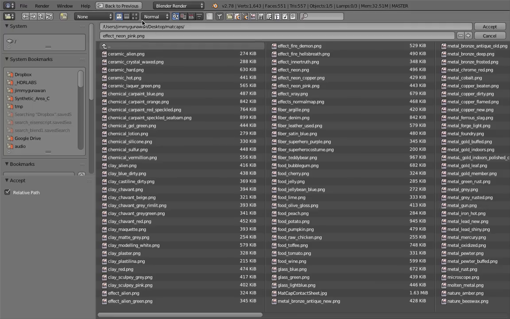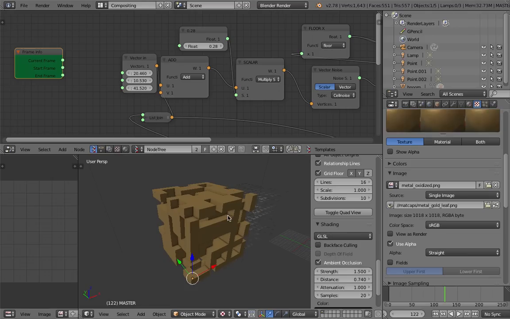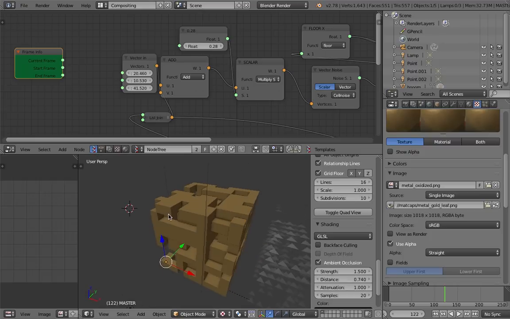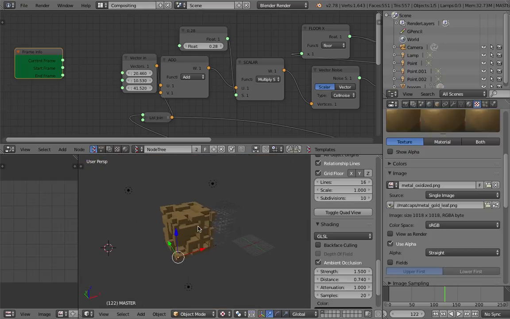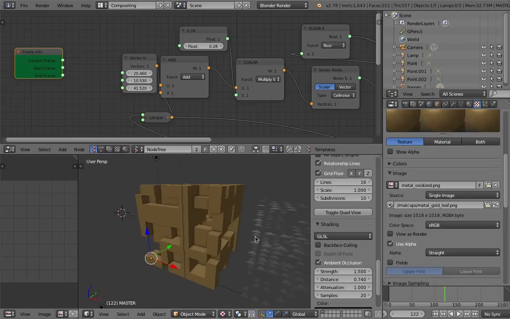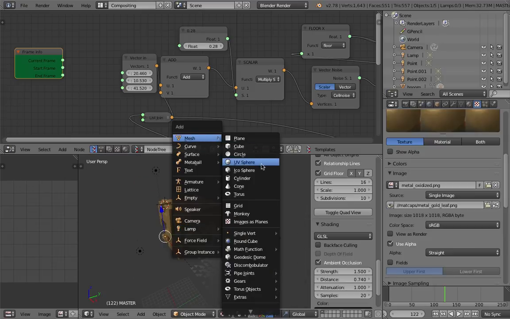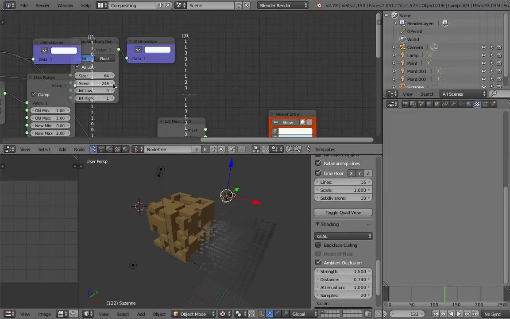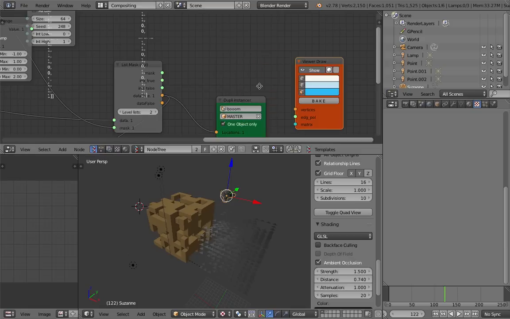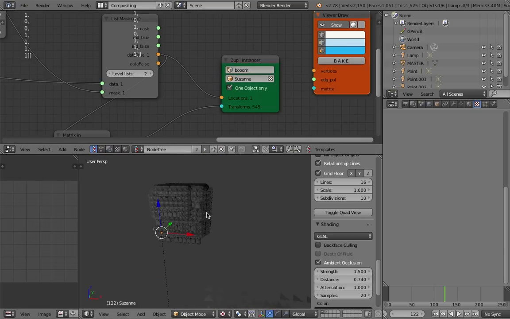Try one more thing. Metal gold leaf. It's not too obvious with a box actually. If you want to use a monkey instead of boxes for the voxel, you can do that easily. Just replace our voxel with a monkey. Suzanne. Now we have Suzanne voxel,